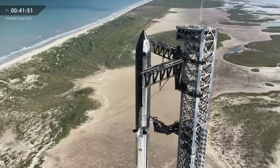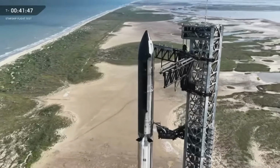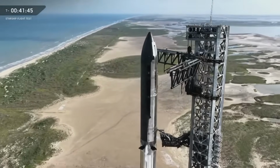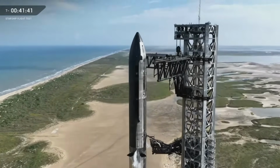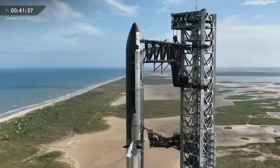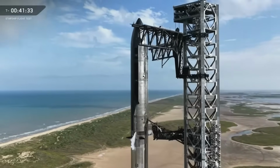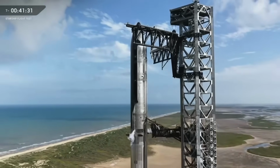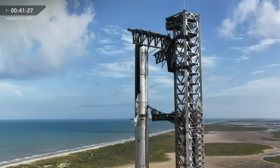We saw a sudden energetic event, complete loss of Starship, damage to the stand, and some of the immediate area surrounding it. The most likely root cause that we were able to identify was undetectable or under-screen damage to a composite overwrapped pressure vessel, or COPV, in Starship's payload base section. To address this probable cause, we are operating the COPVs on Starship at a lower pressure and also implemented additional